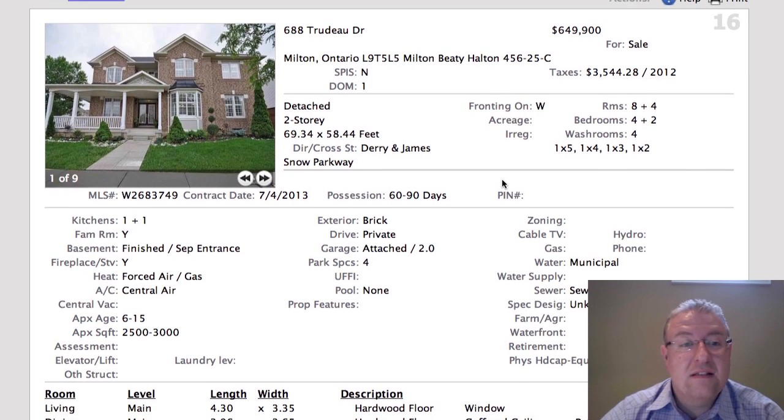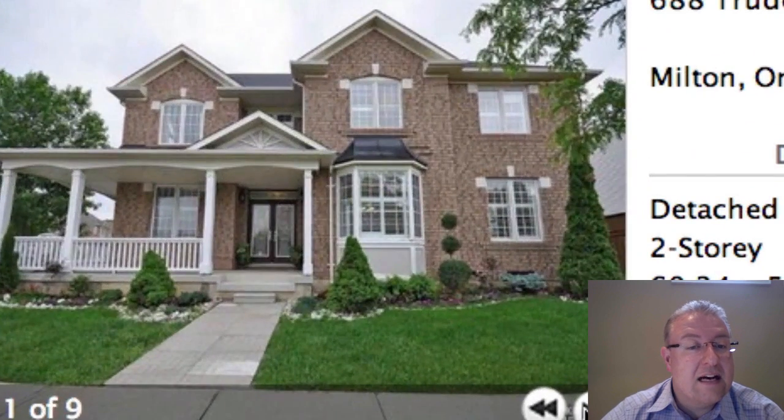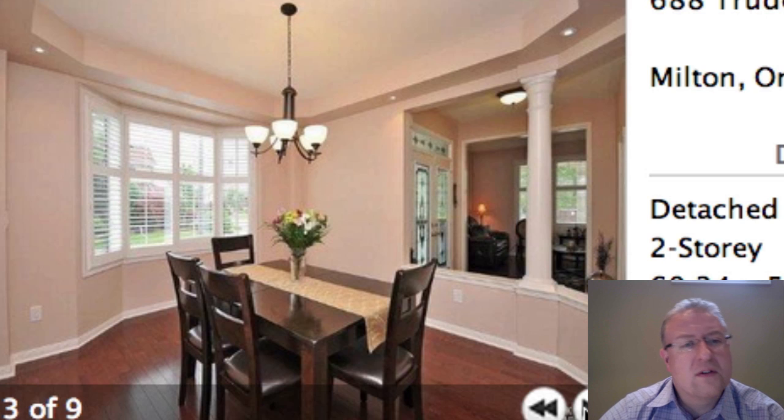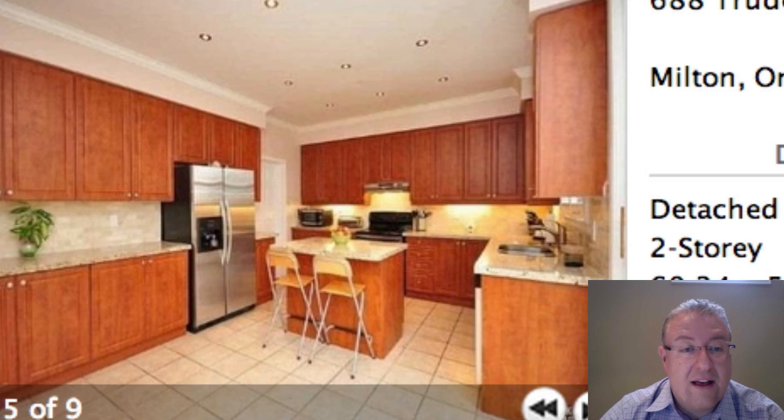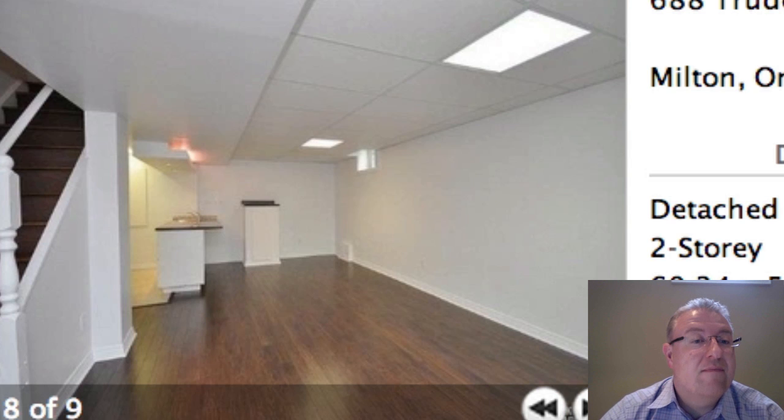Trudeau here is $649,000. It's the corner, so there's a couple different names for it. It's just over 2,700 square feet. Separate living and dining is the standard style. The side door usually splits those two rooms off, and then you've got your family room plus your kitchen, and